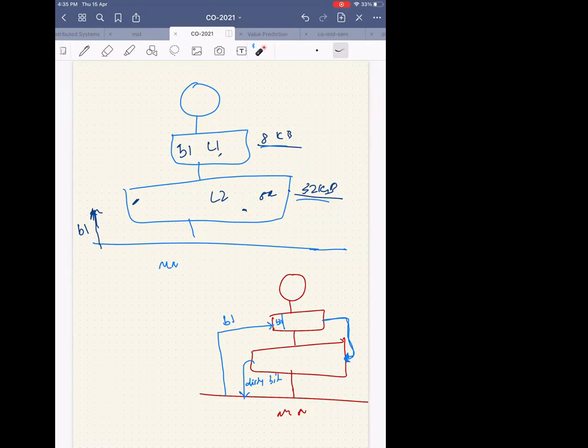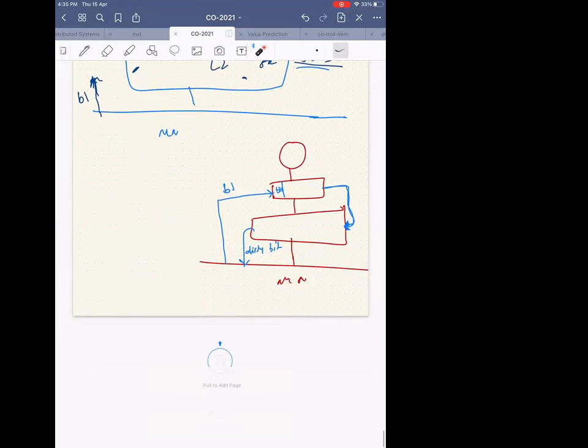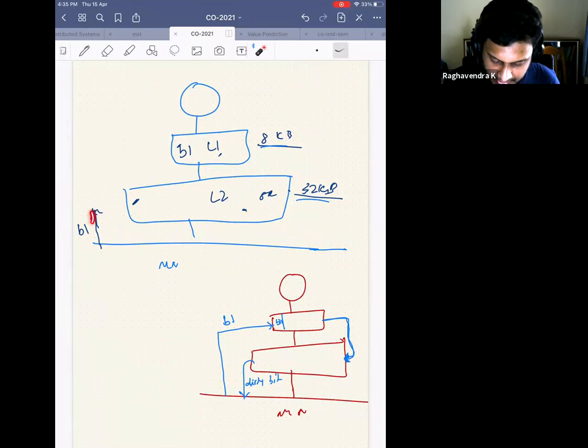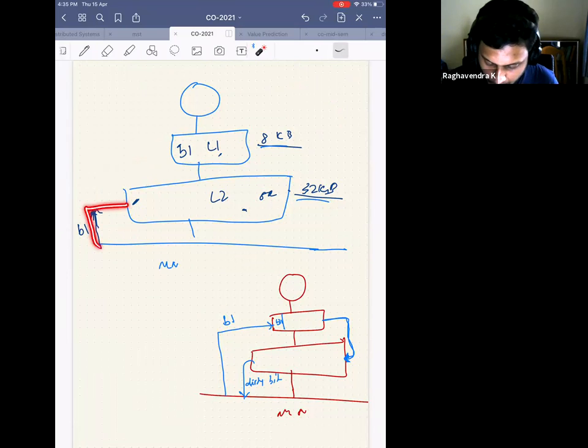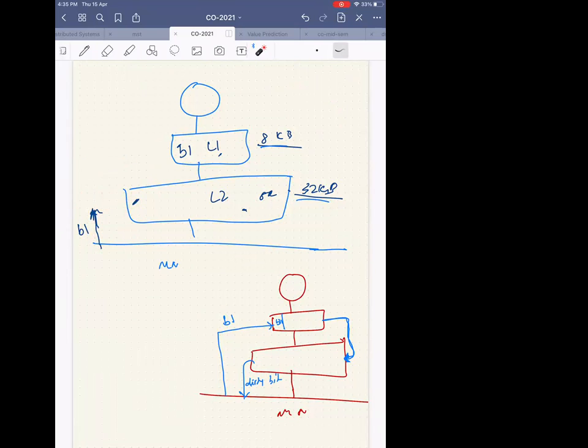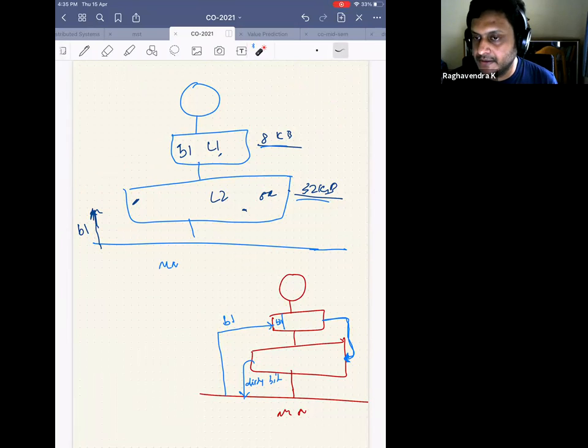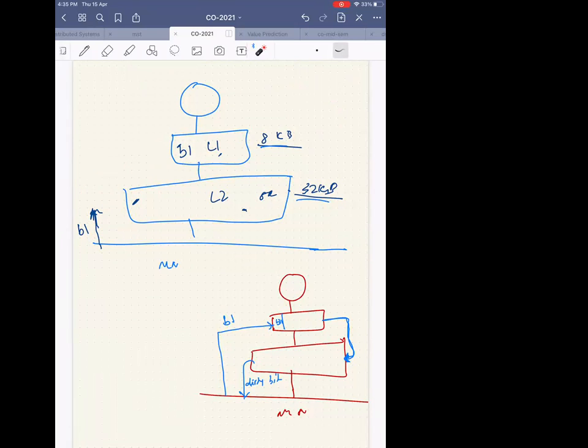Sir, the only thing I can see is that in your design, when you are writing into the second layer of cache, that will cause some cycles. But here also it will cause some cycles, because I have to write both here and there. When I'm loading, I have to wait for this. I'm not reducing the writes even in this design. I have to write it to L2, so in both cases I'm writing to L2.